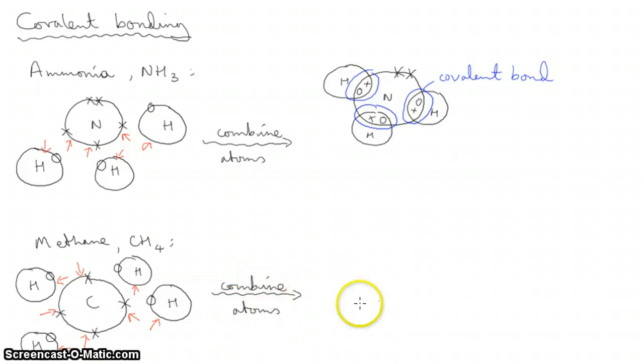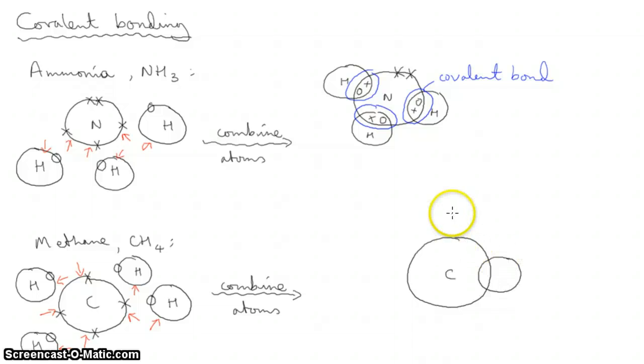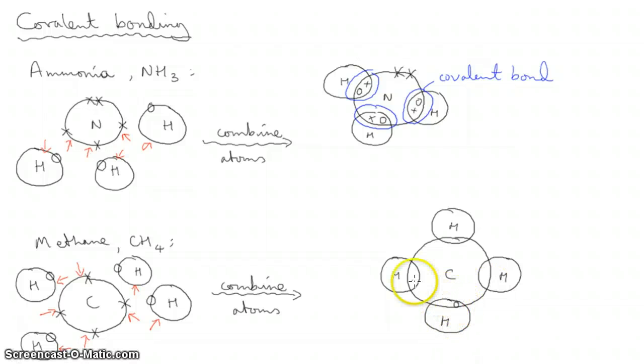So we combine all these together, big circle for the carbon, okay, overlaps for the hydrogen, hydrogen, hydrogen, and the 4th one, okay, so there's the hydrogens. Each hydrogen shares its 1 electron with the carbon, so the carbon gains the 4 that it needs to have a full outer shell, and the carbon shares 1 of its electrons separately with each of the hydrogens. All 4 carbon electrons are accounted for,